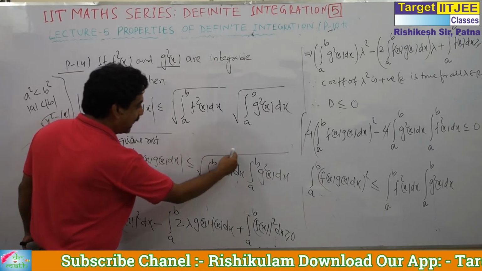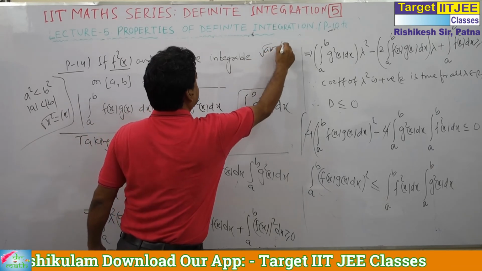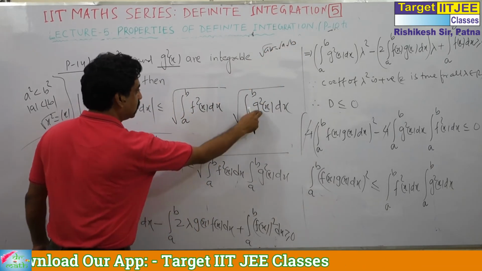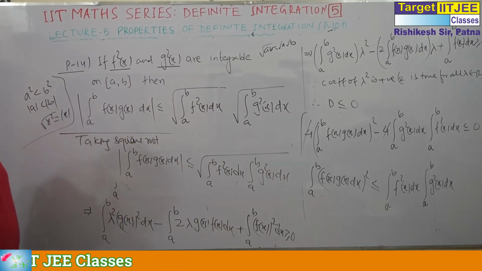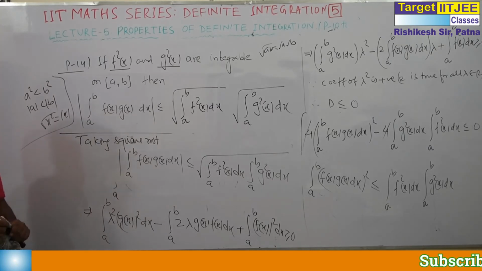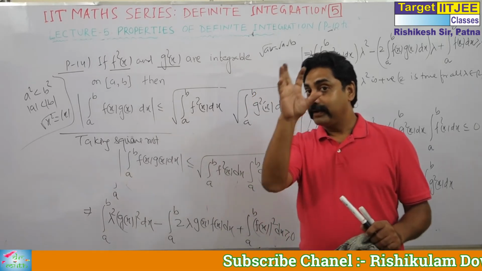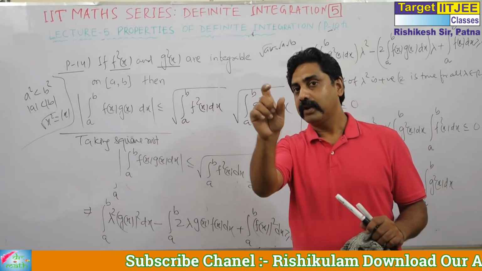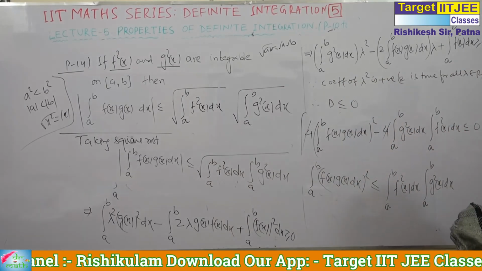Yes. This can be bifurcated in two parts. When both are positive, we can write it easily. Since this is positive, these two are the same thing. So that is the result. You can write either this way or this way. An interesting fact: make a quadratic equation in lambda, and it is true for all lambda belonging to R. So what do we do? We take D less than or equal to 0.